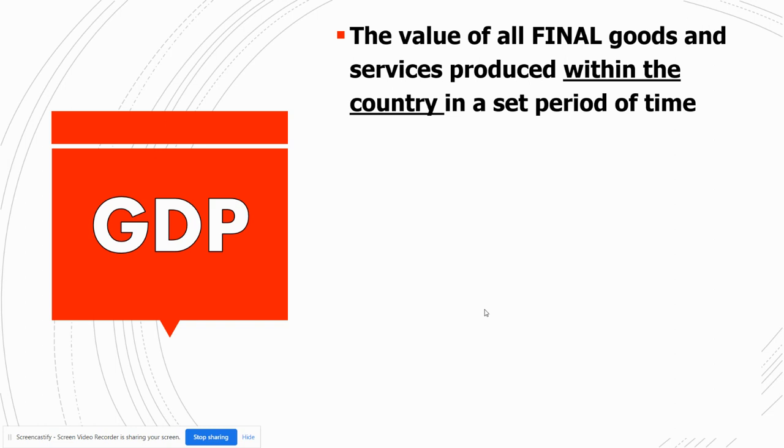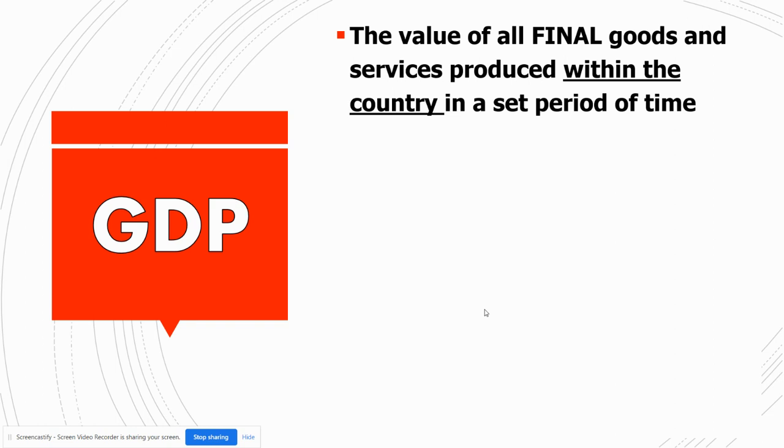So we're only counting new products, right? If you did the reading, you know there's quite a few things that don't get included, like intermediate goods, things that you use to make a final product. We don't count any used products. If you do something yourself, like you change your own oil instead of paying someone to do it, that doesn't count. We don't count any illegal activity because they aren't reporting it, so it's hard to count it. So those things aren't included in GDP.